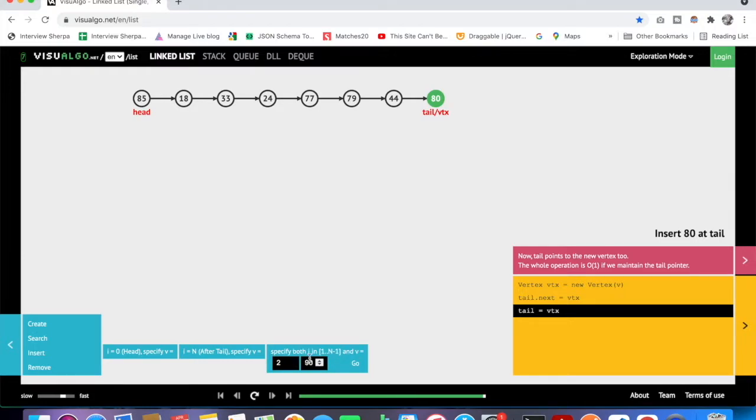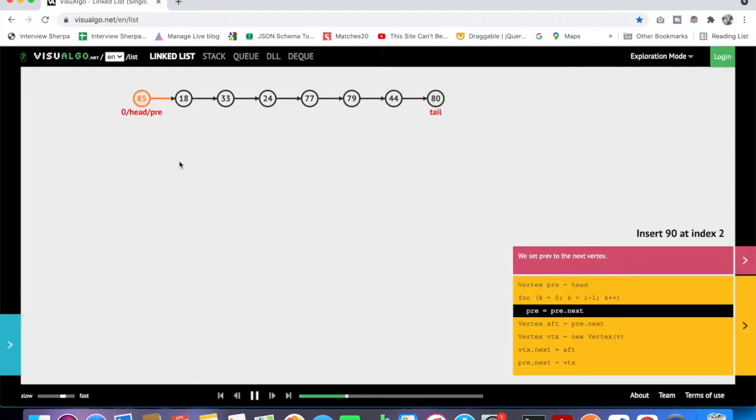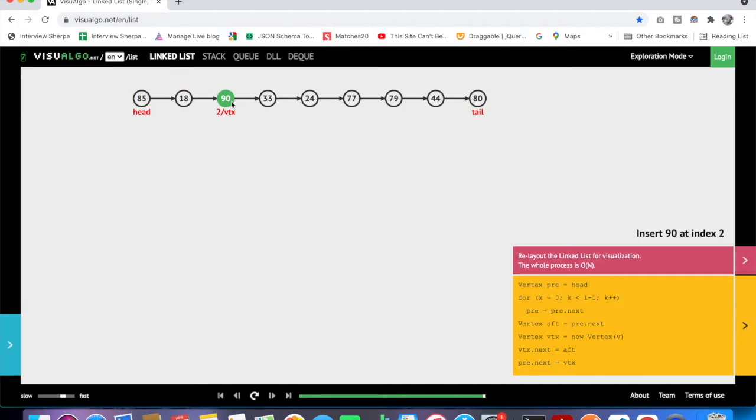I am going to insert 90 at location 2, which is 0, 1, 2. So after 80, 90 will be inserted, with 90 pointing to 33 and 18 pointing to 90. If I click go, you can see 18 now points to 90 and 90 points to 33.